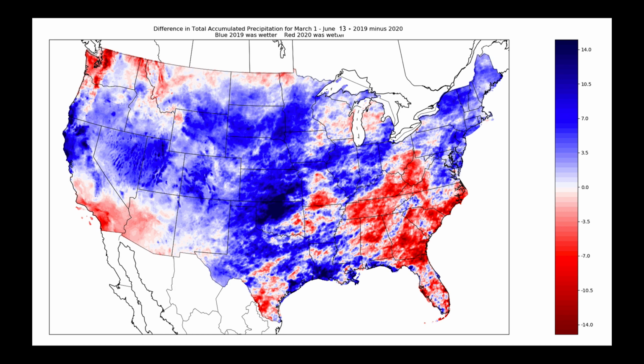Now, we often hear across much of the United States a lot of discussion about how wet 2019 was in terms of its spring thunderstorm activity, but you can see that parts of the Mid-South, parts of the Carolinas, getting down to the Southeast, gosh, 2020 was a much wetter start to the year than 2019 was. And we need to take that and try to understand where precipitation patterns are going,